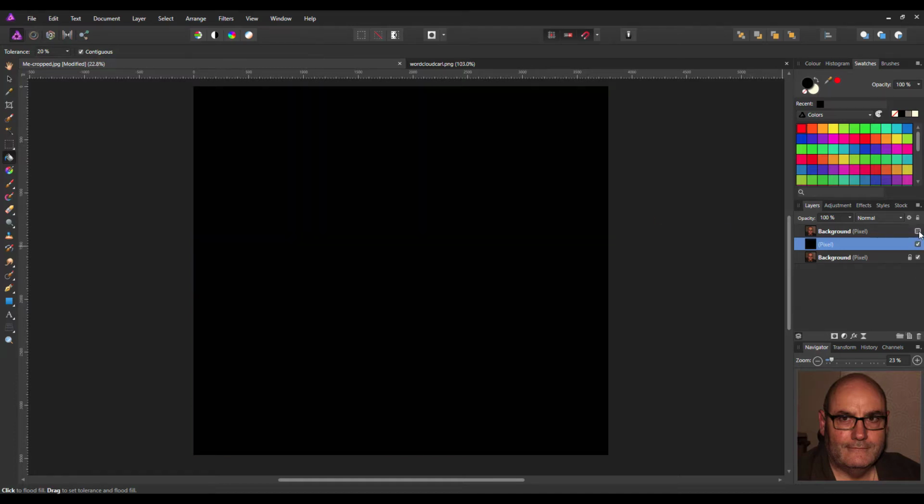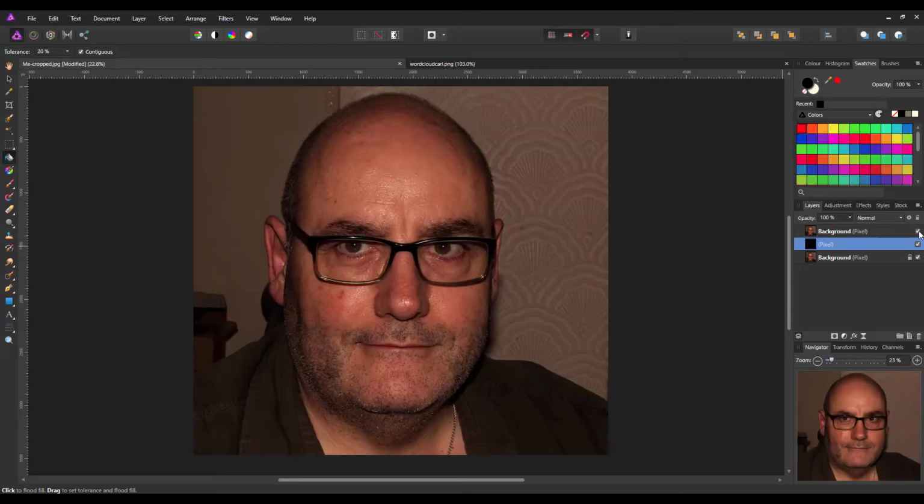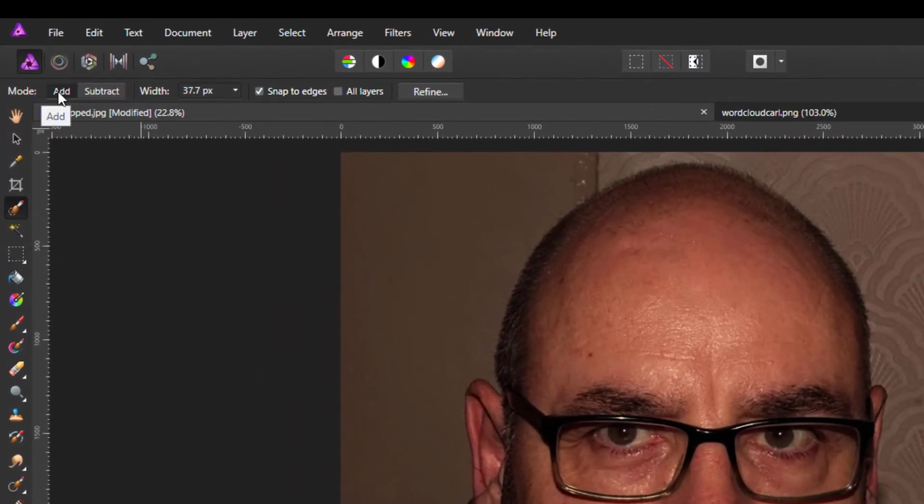And let me just turn off the top layer so you can see that it is there. And I will highlight the top layer now, and I will come to the selection brush, make sure that is on add,